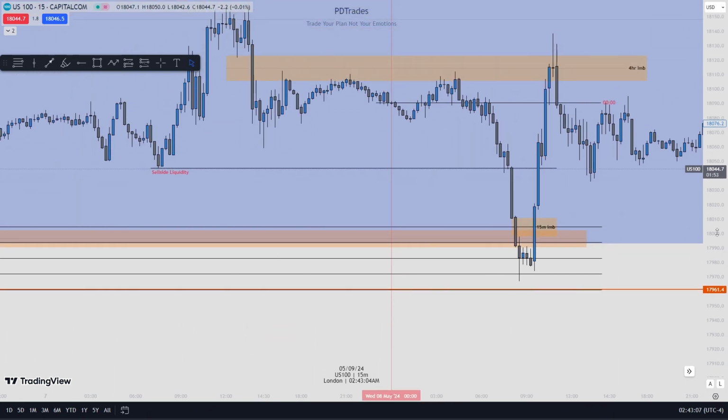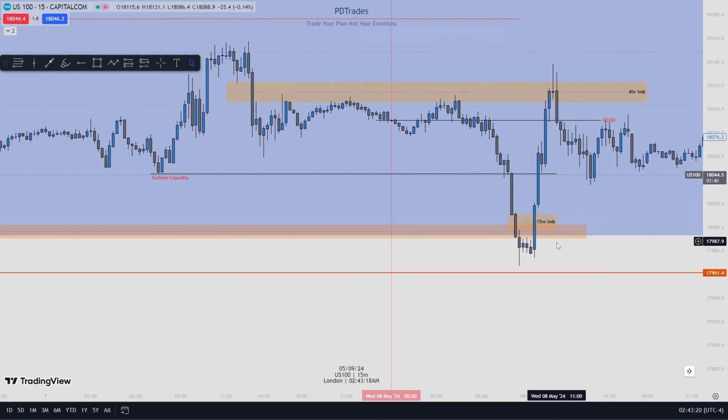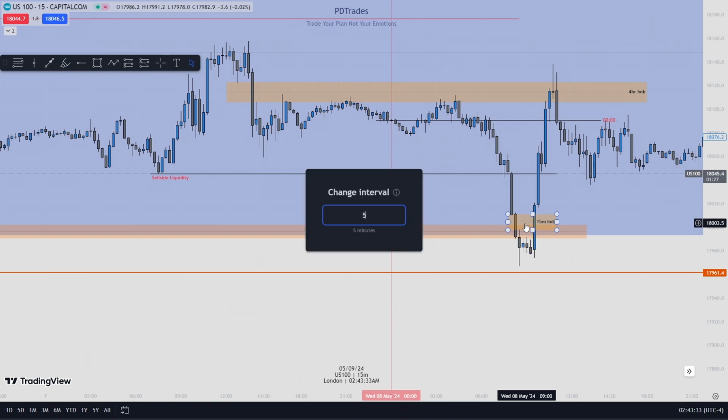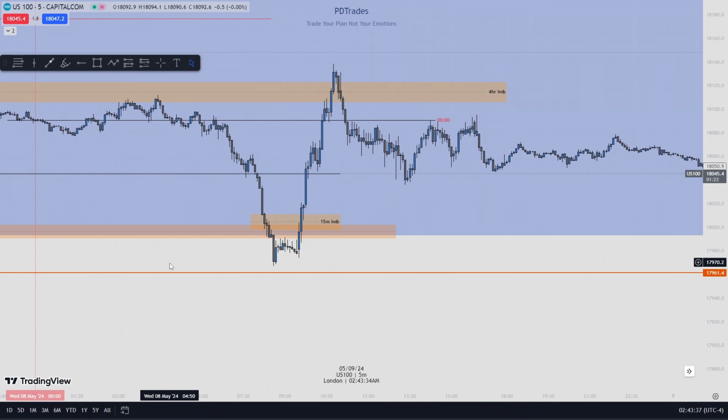So immediately, this is my 15 minutes time frame. Then price started what? Being really bullish, right? Let me just remove this here. Price showed displacement. After showing displacement, I'm gonna see this fair value gap being used as a what? As an inversion fair value gap. So I would go to my 5-minute time frame. The 5-minute time frame is for what? For entries.